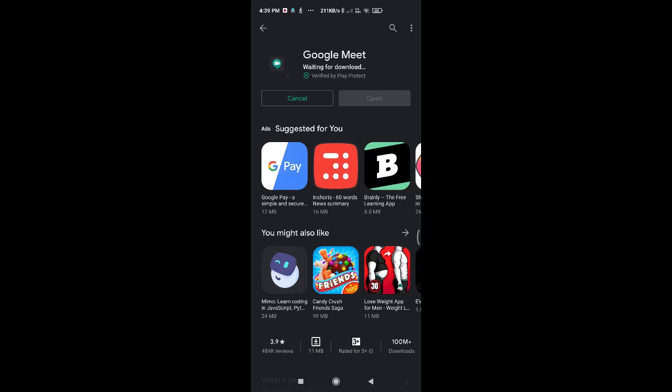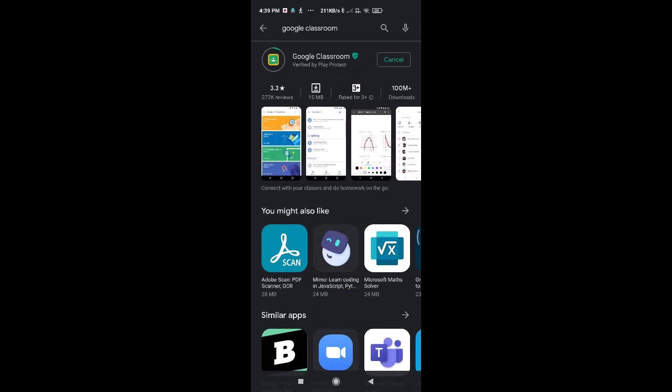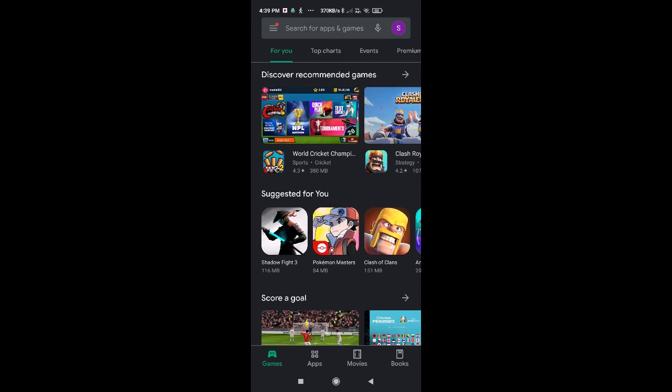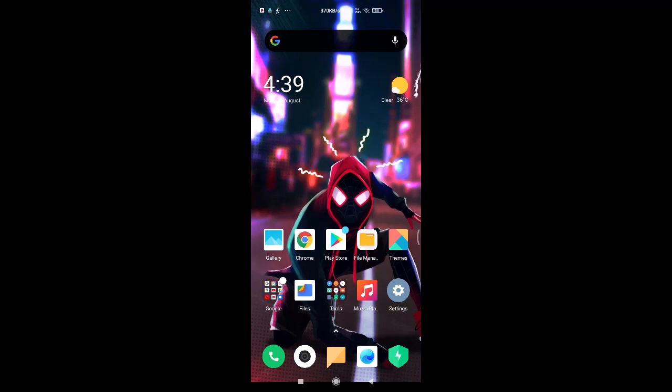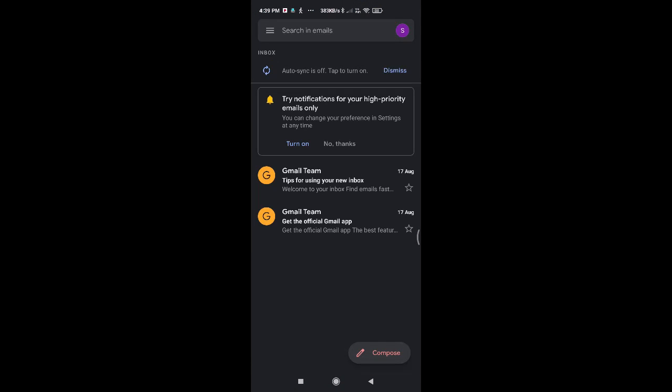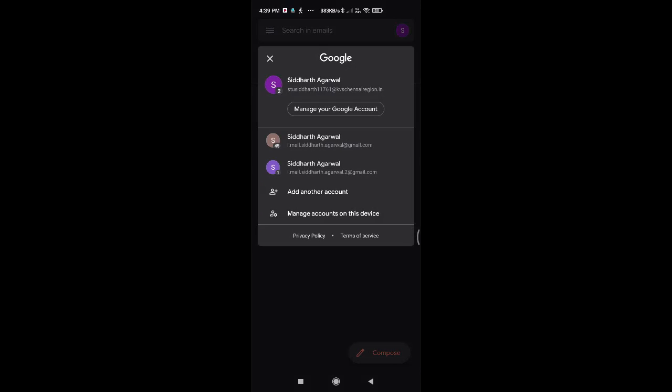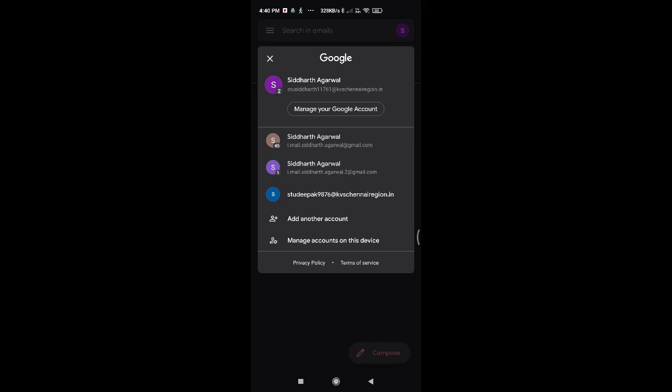Now by the time it is getting downloaded, we'll go to another place, that is Gmail. Now I'm going to open Gmail. Here you can see the new account has been added.